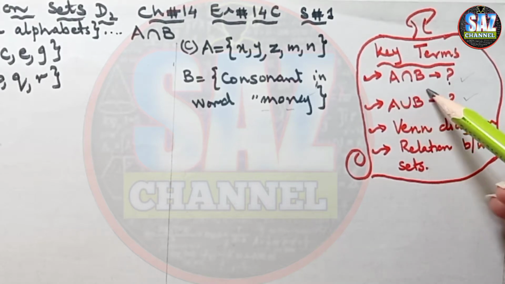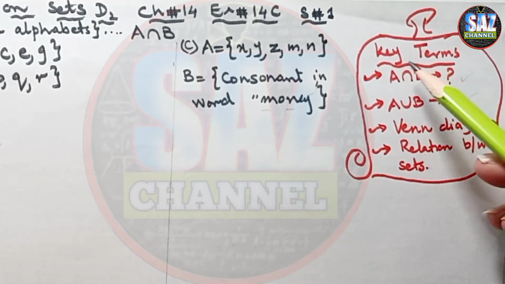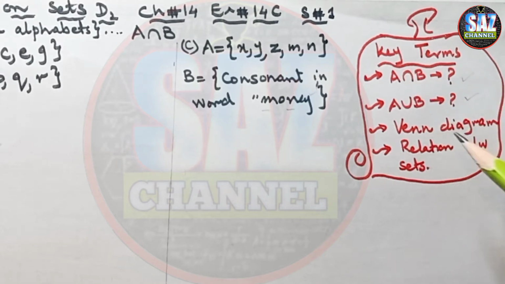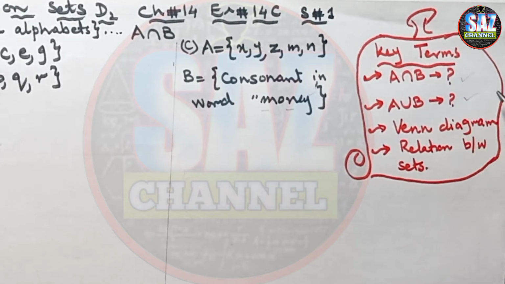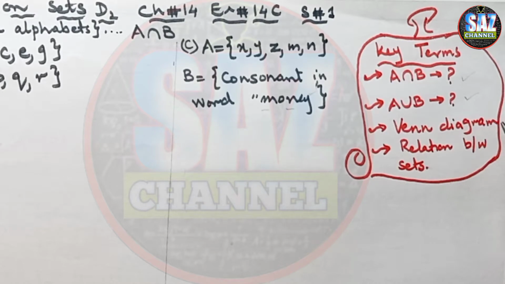First of all, it's important to understand that intersection means the common elements only, and union means the collection of all the elements in order without any repetition. If you find any difficulty in understanding the concepts of intersection and union, you can watch my previous lesson, for which I'll give the link in the description box. Let's move to basic level.